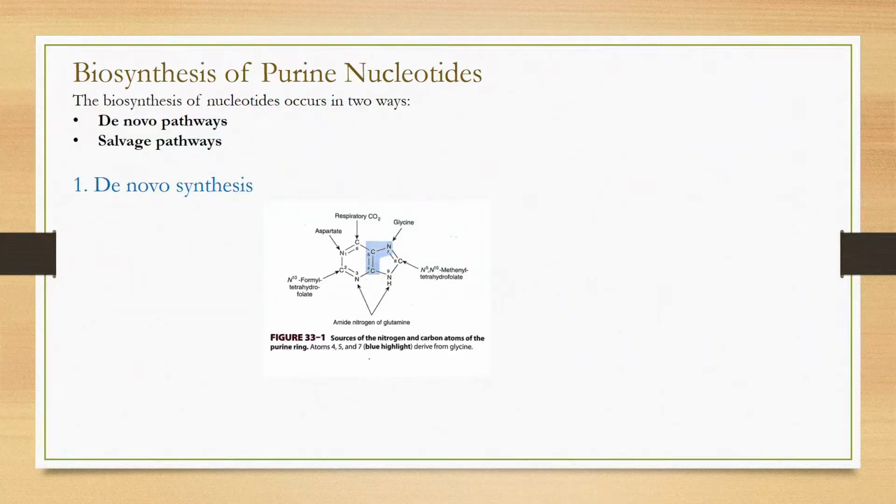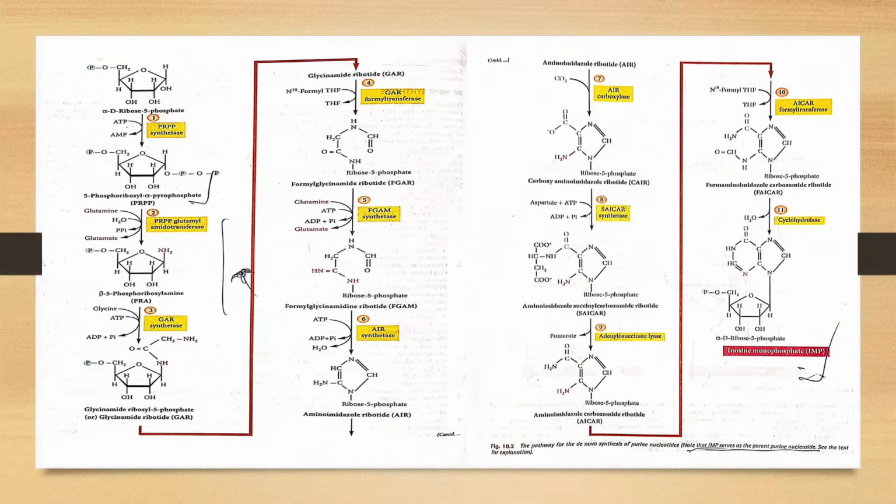The pathway of reactions is described below. First is ribose 5-phosphate, the alpha-D-ribose 5-phosphate. This is generated in the HMP shunt pathway of carbohydrate metabolism, and it serves as the starting material for purine nucleotide biosynthesis. It reacts with ATP to form